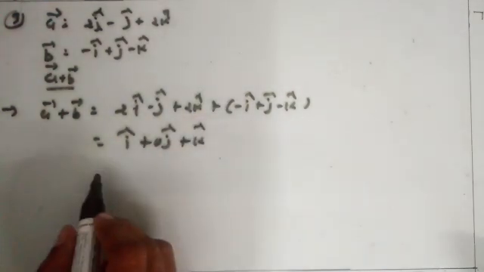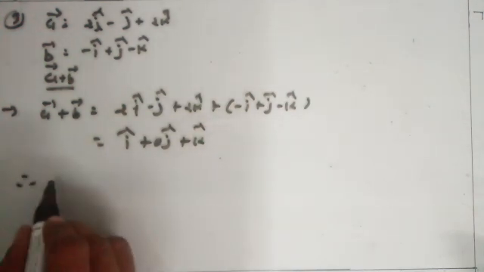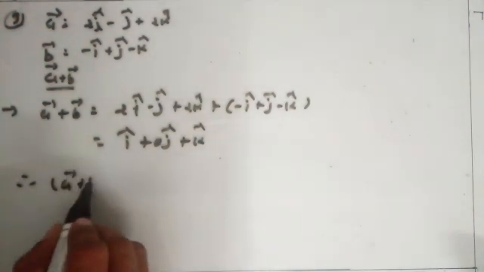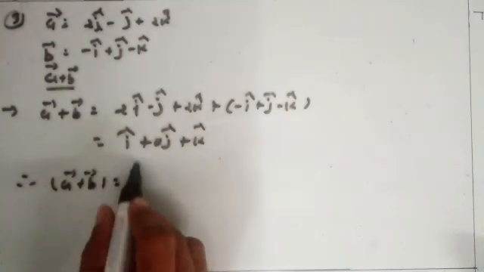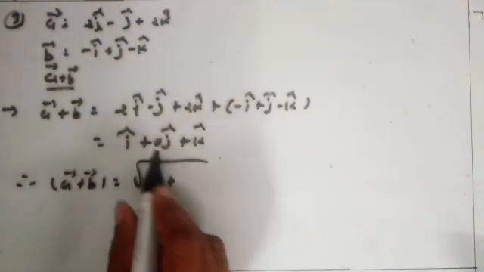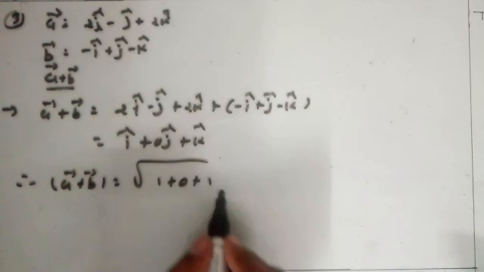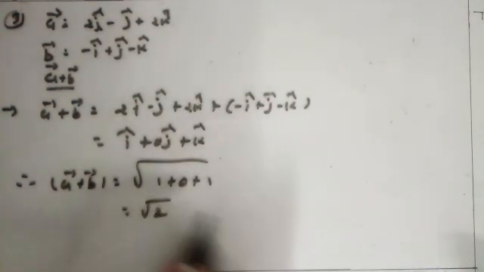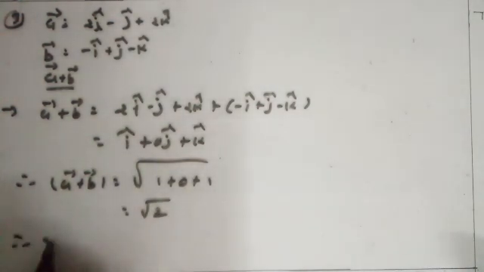Clear? Therefore, magnitude of A plus B is equal to root of 1 square is 1 plus 0 square is 0 plus 1 square is 1, which is equal to root 2. So, unit vector